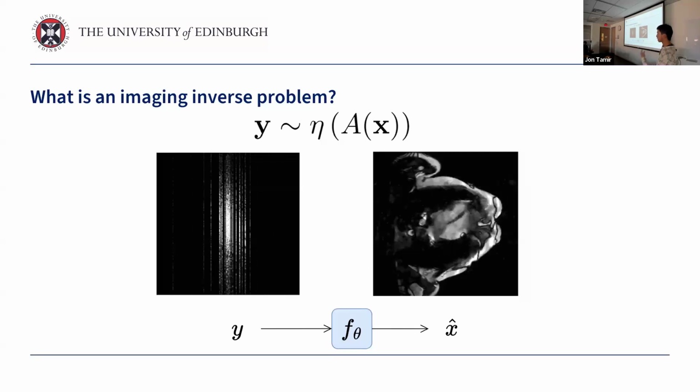And you either need to wait a long time for it to fully scan you to get high resolution, or now we're talking about accelerated MRI, so it can do faster MRI scans and then capture less information, leading to a lower resolution, noisier image. And then the goal is for us as researchers to reconstruct a high quality image from these low quality samples. So in this particular case, on the left is an 8 times accelerated MRI scan, so we are losing 7/8 of the data, and we're only keeping 1/8 of the data, and from that we need to reconstruct the full